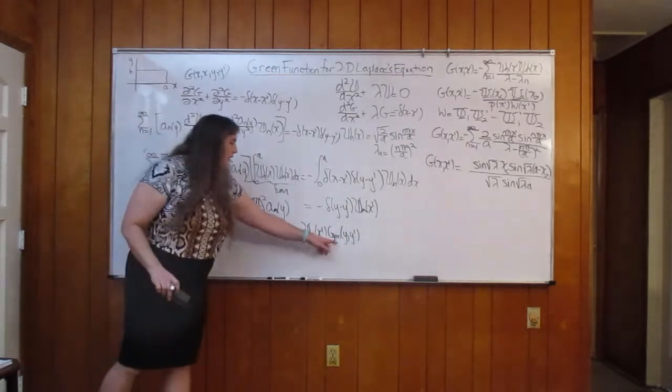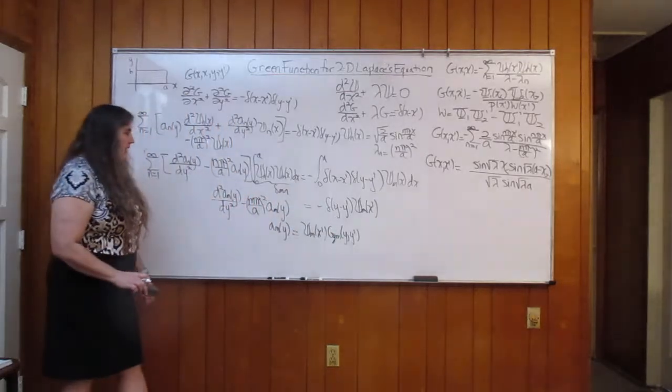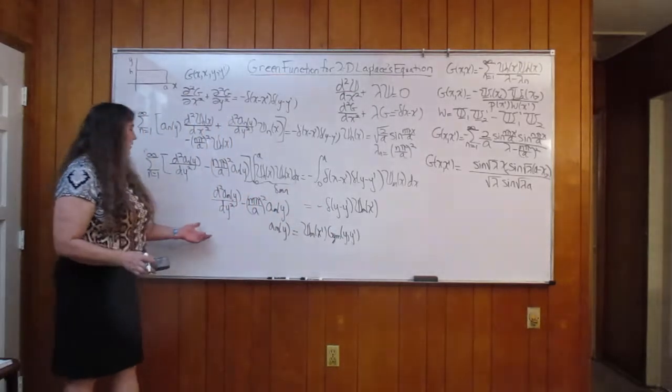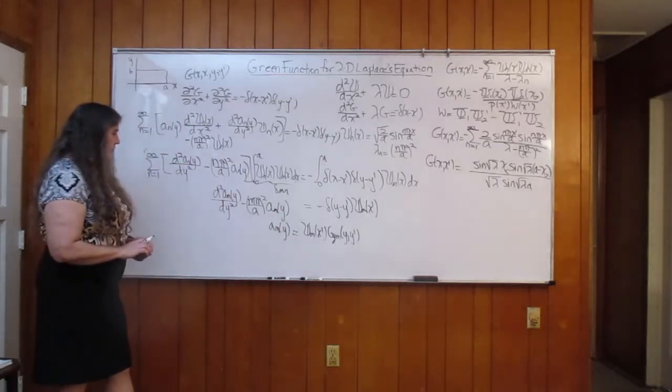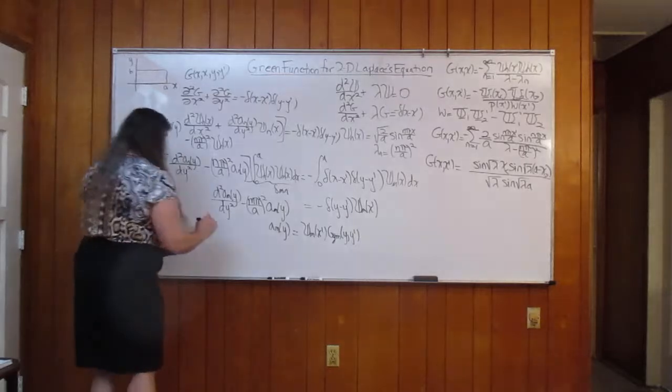And I'm going to make this subscript explicit because that dummy index is actually going to appear in the expression for the Green's function. Okay, so when I make that substitution then,